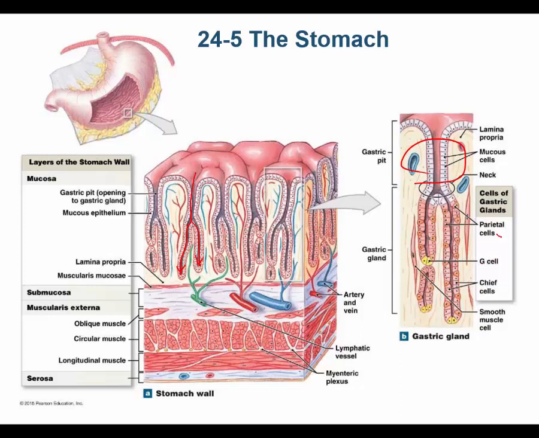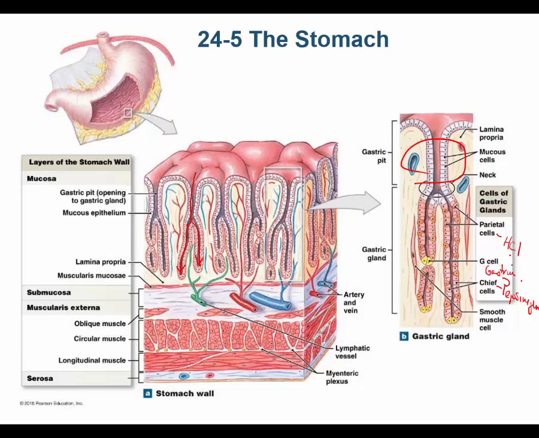The parietal cells make hydrochloric acid. The chief cells make pepsinogen. So chief cells make pepsinogen, parietal cells make hydrochloric acid. G cells make gastrin. It's a hormone called gastrin. And you got to know what these guys make. Now we're going to talk about how the parietal cells make hydrochloric acid. But before we do, just let me tell you